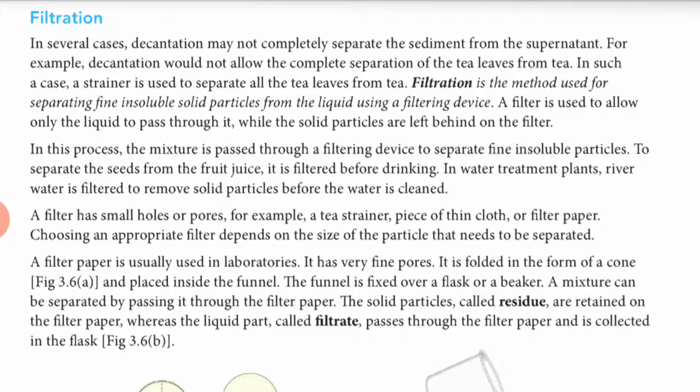We can see at our home also that when mummy fills the water bottle, that means fills the pot with water, at that time she is used to filter it with a strainer. When mummy prepares fruit juice, she is also used to separating seeds from the juice, right? So this is done by the strainer. And before we drink water, we are also used to filtering it for drinking.